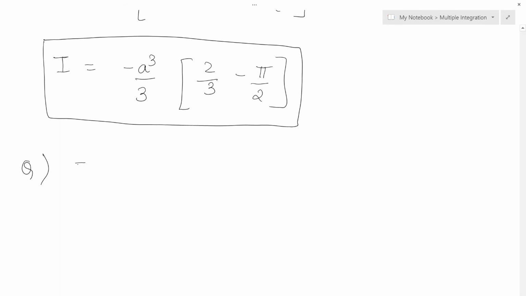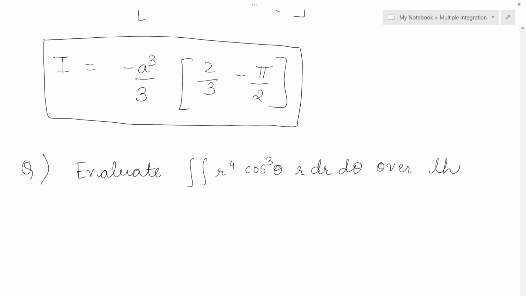This is again: evaluate the double integration of r raised to 4 cos cube theta r dr d theta over the interior of the circle,